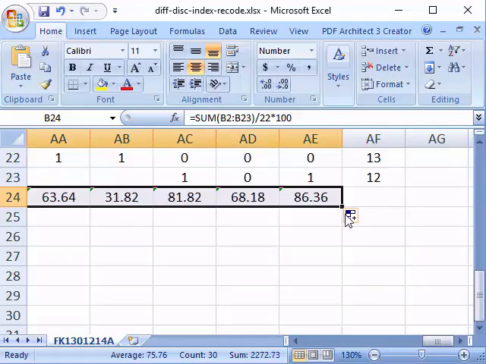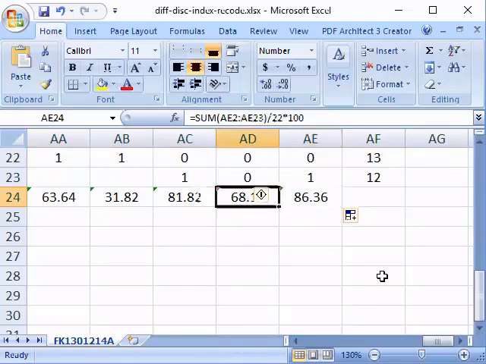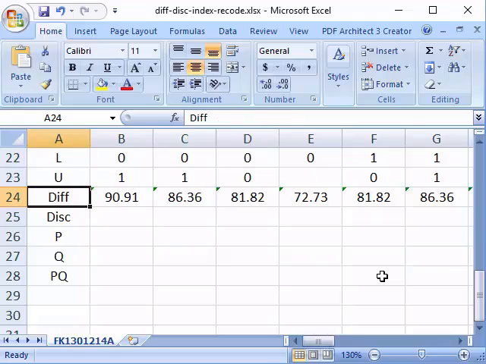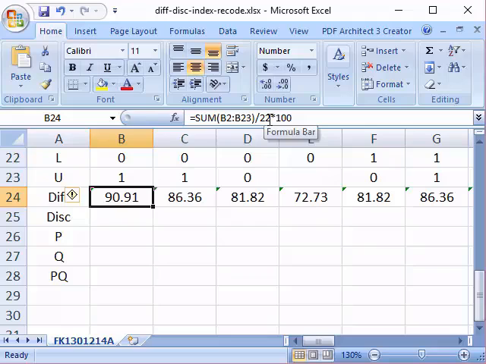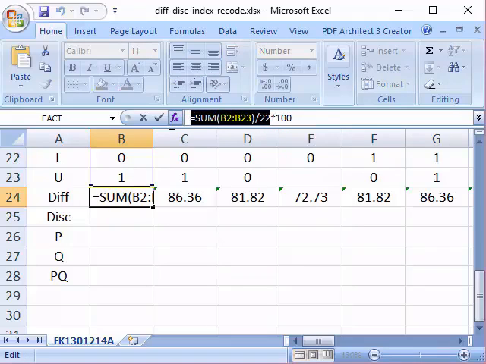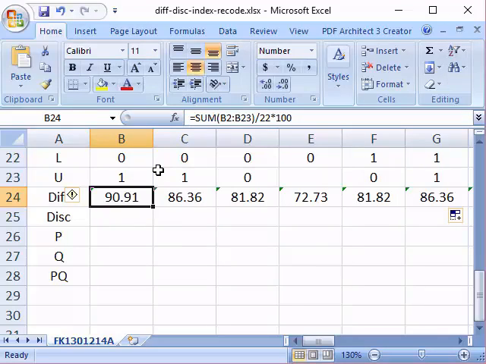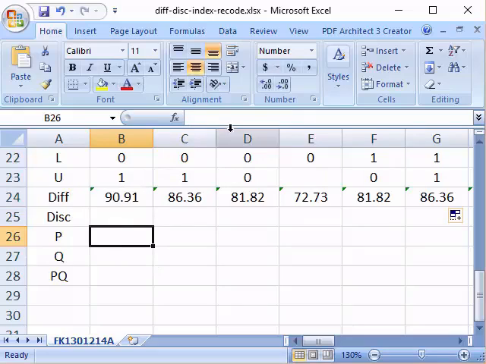Okay, so this is the difficulty index. Okay, this one is the same as above. Exactly the same. So P is exactly the same as the difficulty index. The only difference is they don't have the percentage.